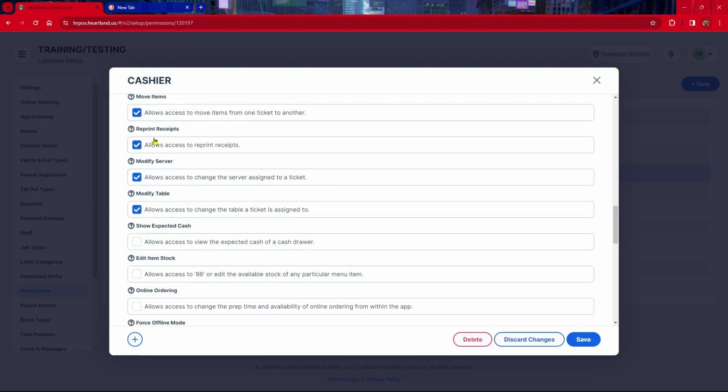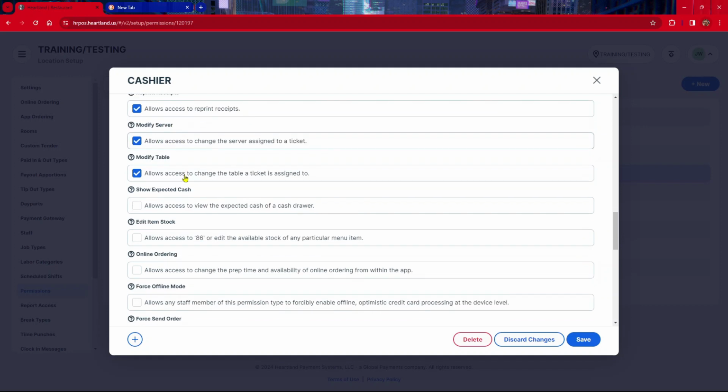Most cases, that's yes. There are some scenarios where people want that off. Then we have modify server. So this is basically you're reassigning the ticket to a different server. Again, this is something that is pretty common in table service, although there are times in cashier environments where you need to do this too, especially if you're